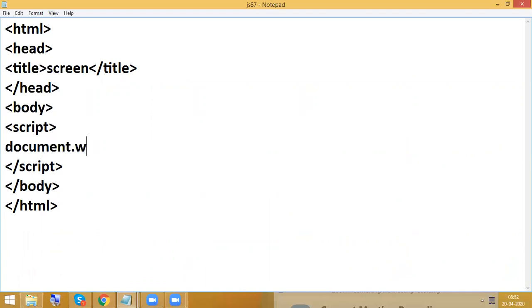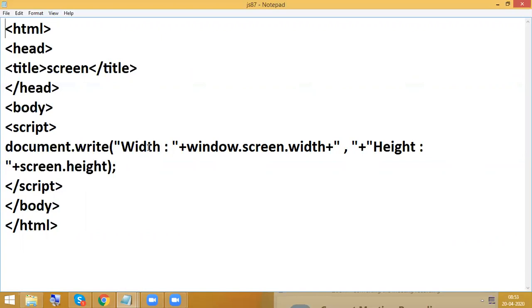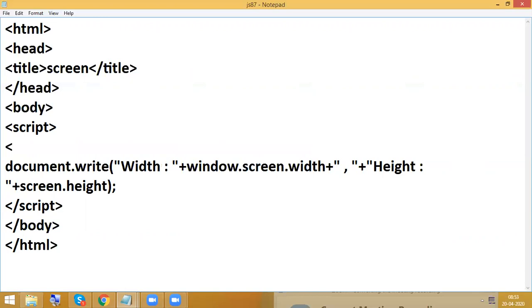So now document.write, screen.width, screen.height. No need to write window. Writing window is optional. Window dot something is optional.